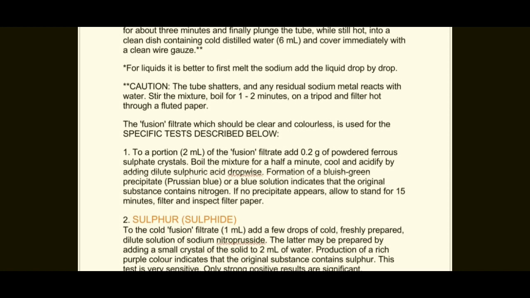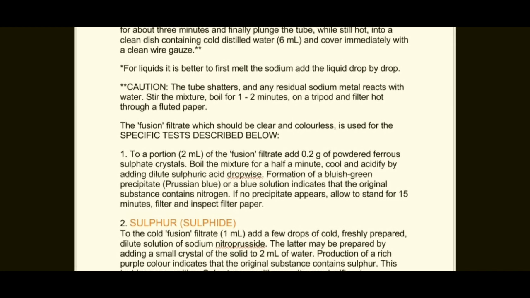To test for nitrogen, take 2 ml of the fusion filtrate and add 2.0 grams of powdered ferrous sulfate crystals, boil the mixture for half a minute, cool and acidify by adding dilute sulfuric acid dropwise. The formation of a bluish green precipitate or a Prussian blue solution indicates that the original substance contains nitrogen. If no precipitate appears, allow it to stand for 15 minutes, filter and